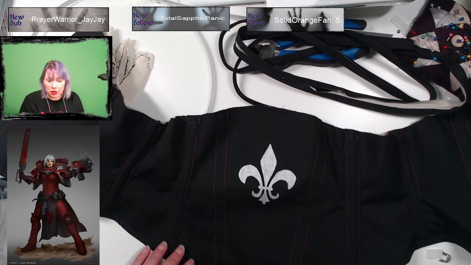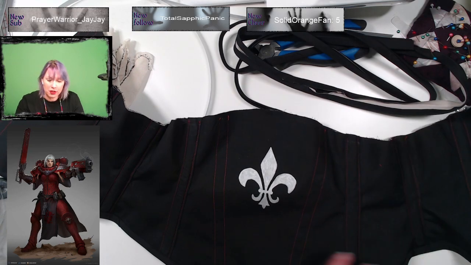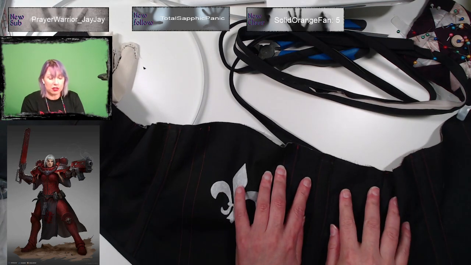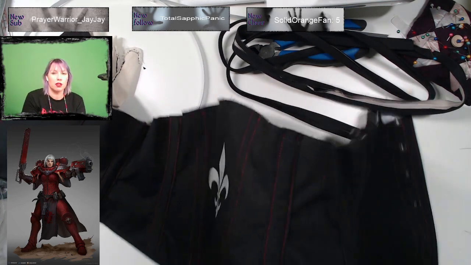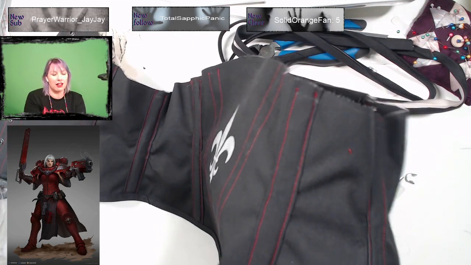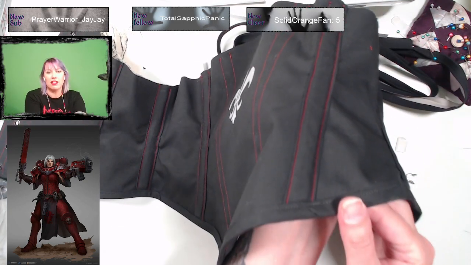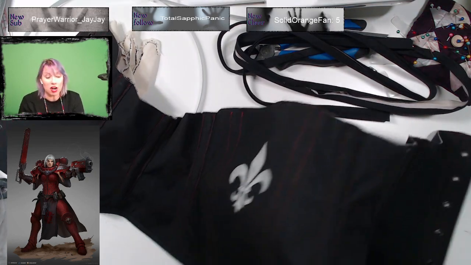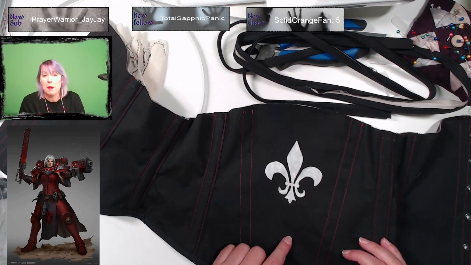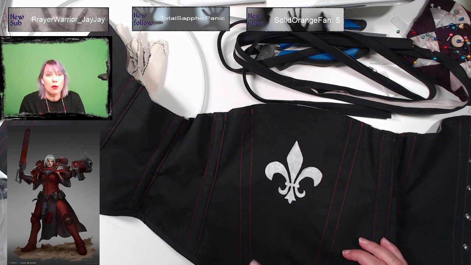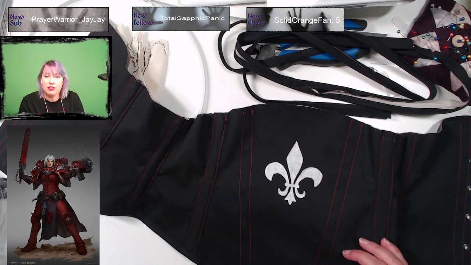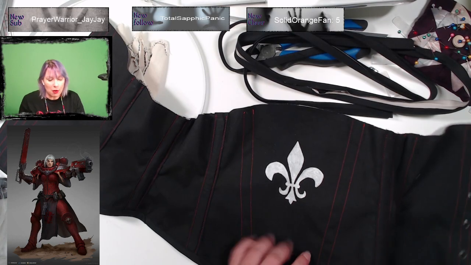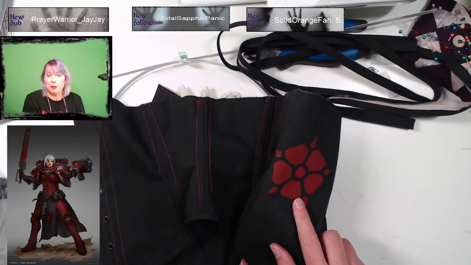So this is the one with the fleur de lis from the Sisters of Battle. And the bone channels are visible, but they're not terribly ugly. And you know what this is? Posca marker. Silver Posca marker. That one is also a Posca marker.